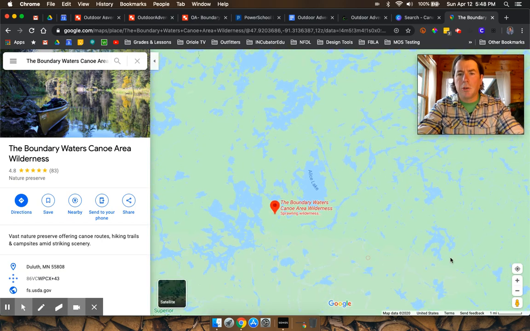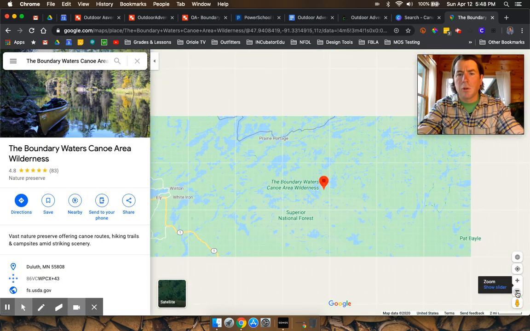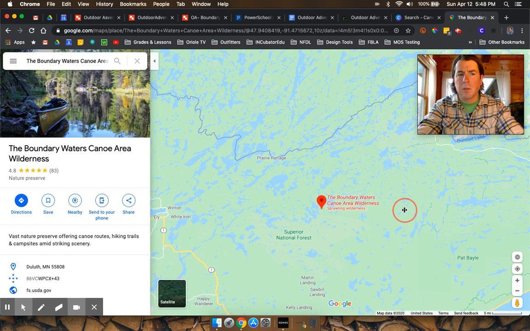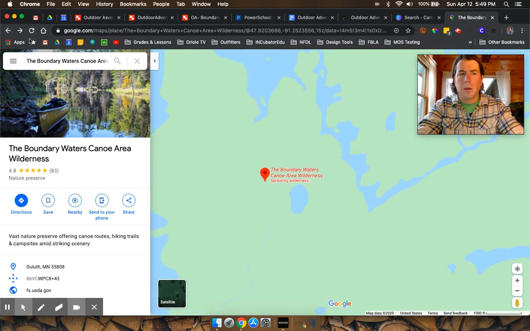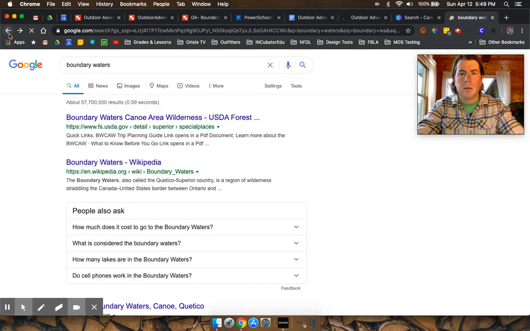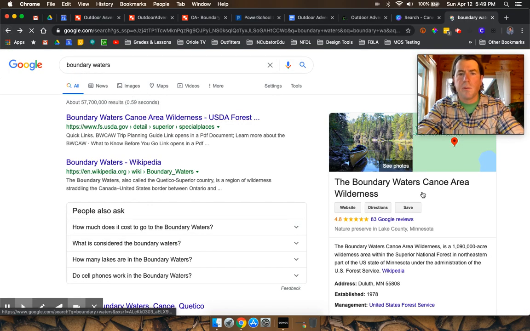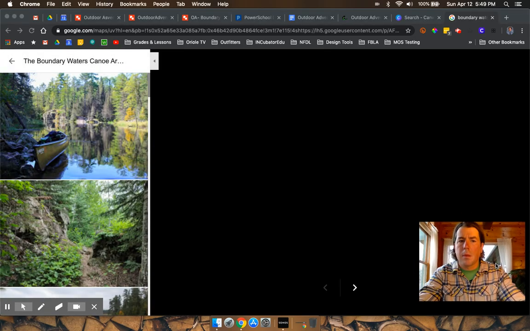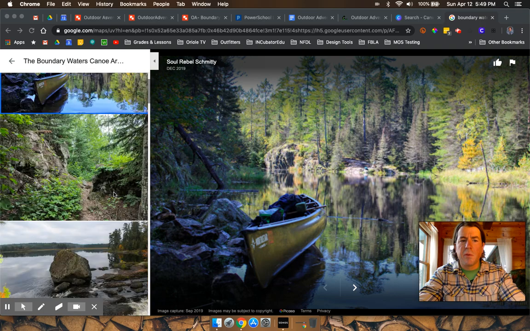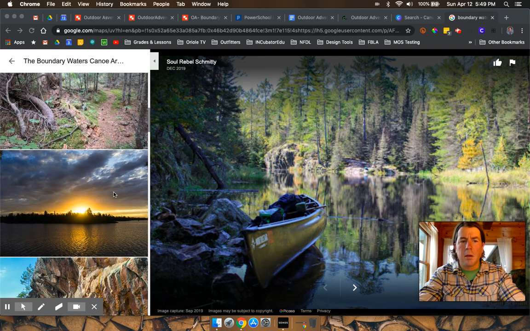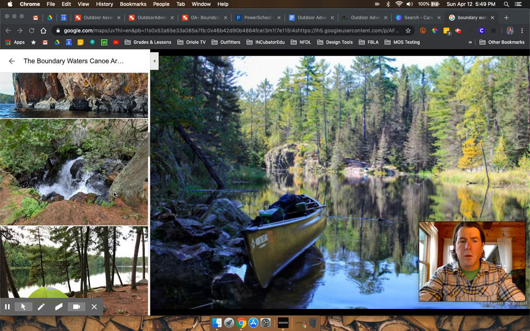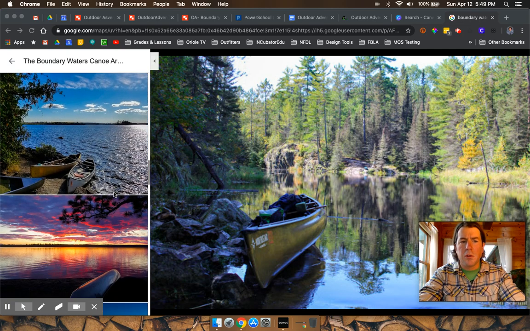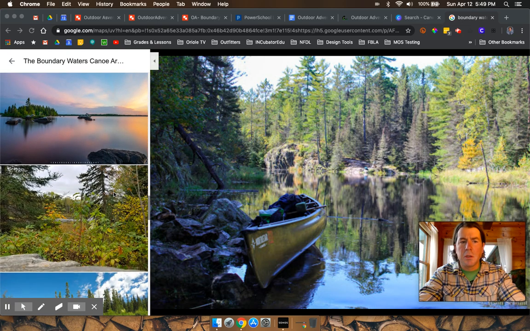It's all natural canoeing and camping area. There are no motorboats and that sort of thing. You have to basically canoe in. And if you go to Google Images, you'll find a ton of great pictures. So even if we just go to see photos here, you'll see some of what it's like in the wilderness up there. So just search Boundary Waters Canoe Area, and you'll find all sorts of great images to use in